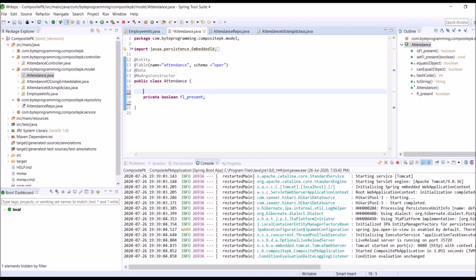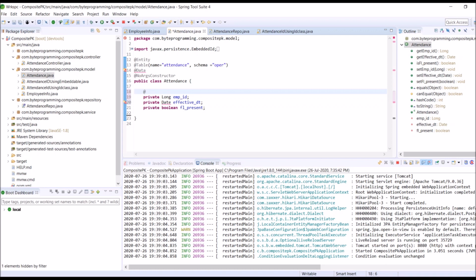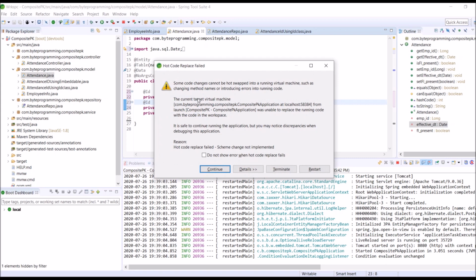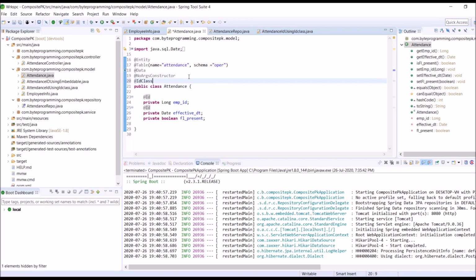Now let's add private long emp_id, private Date effective_dt, and put the @Id annotation here, and also put @IdClass. Pass the composite primary key class here.